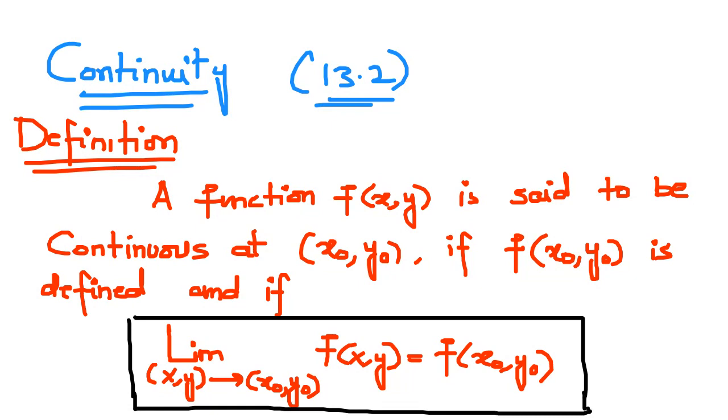Now in this case, you have any point. What you have to do is choose one point and put that point in the function, and the value you get should be defined. This is the first condition, and the limiting value of the function should be equal to that value. This is exactly similar to what you have studied in calculus 101. Okay, now in addition to these things,